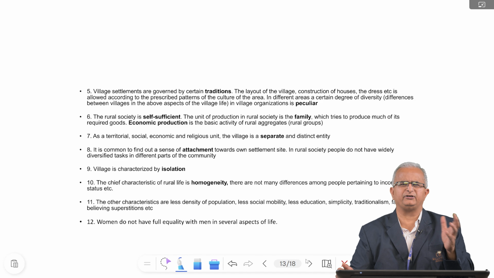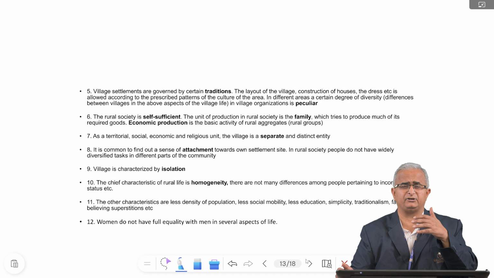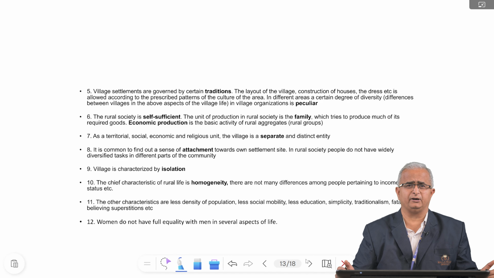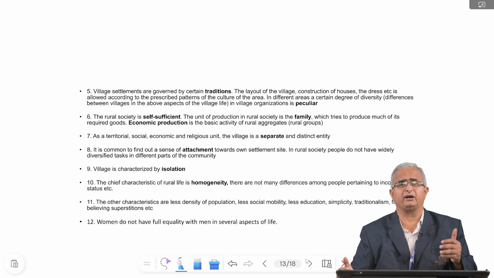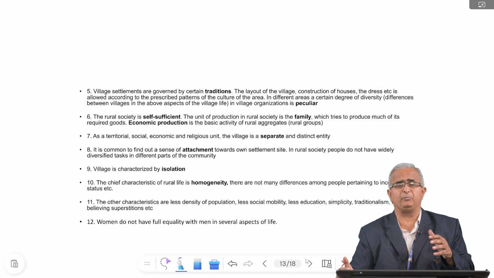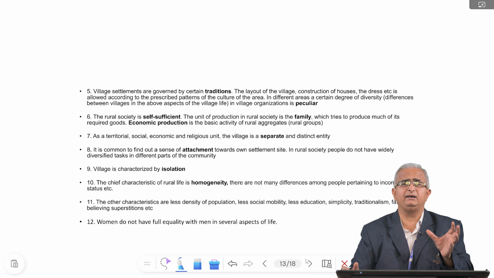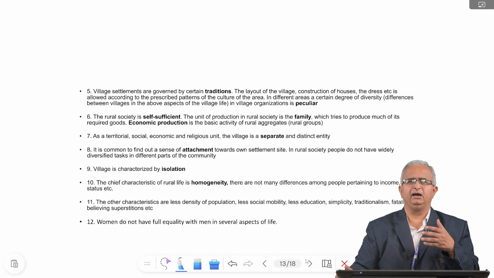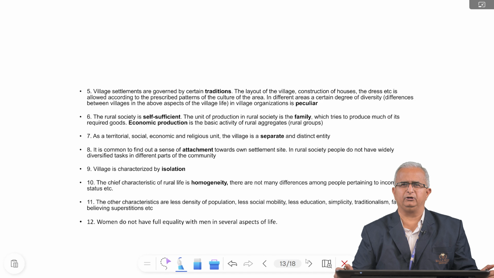Each and every village across the country and across the globe, if we observe, has its own identity. They have their own sets of relationships, their own customs, their own traditions, the religious activities, the culture of the people, the social relations, the social organizations and social institutions that build up in that particular village. They vary. That's why each village is a separate entity. It shows its identity compared with the other villages. And the sense of attachment, the we-feeling, is very high in the villages compared to the urban areas.